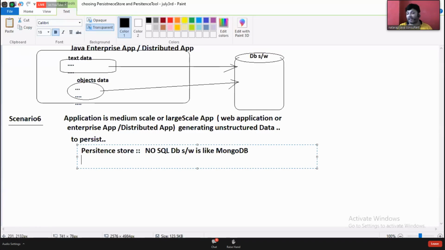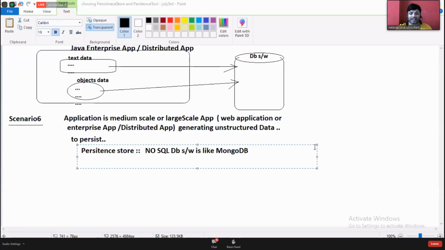XML, JSON not for storage, my dears. They are there to send from one layer to another layer, one machine to another machine. So don't confuse. Don't make your half knowledge into more dangerous knowledge, please. Who is saying this? Vinod Kumar.